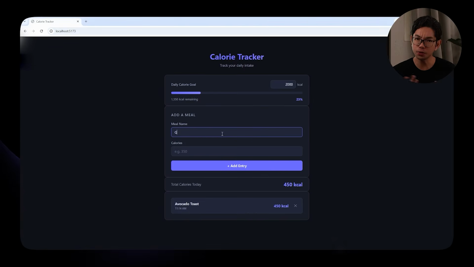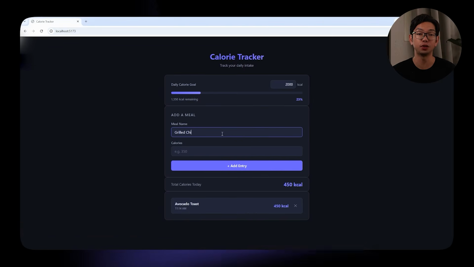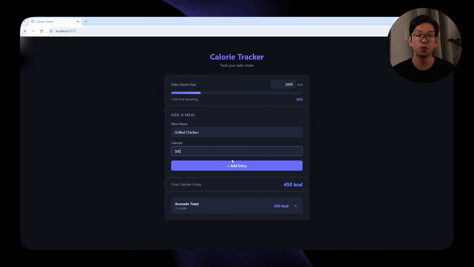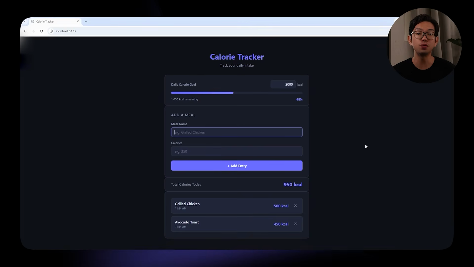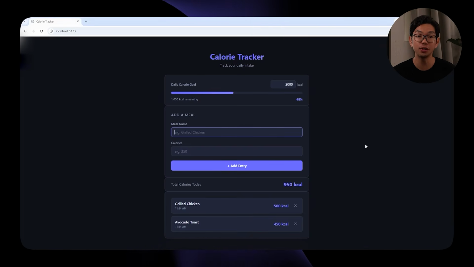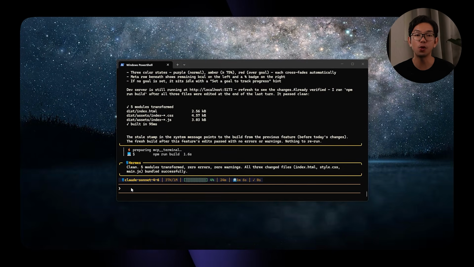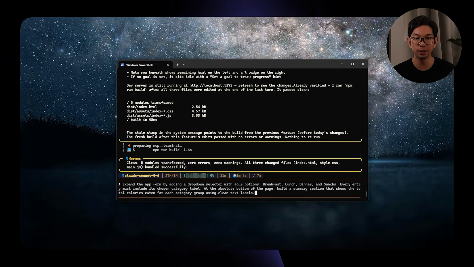So this update also shows how Hermes works differently once a project is already in place. It reads the existing folder structure, it follows how the current variables and features connect, and it adds the new functionality without removing or breaking what was built in the first prompt. So the app can already track meals and show progress towards a daily goal. So the final step now is to organize those entries more clearly, and we'll add meal categories to the form